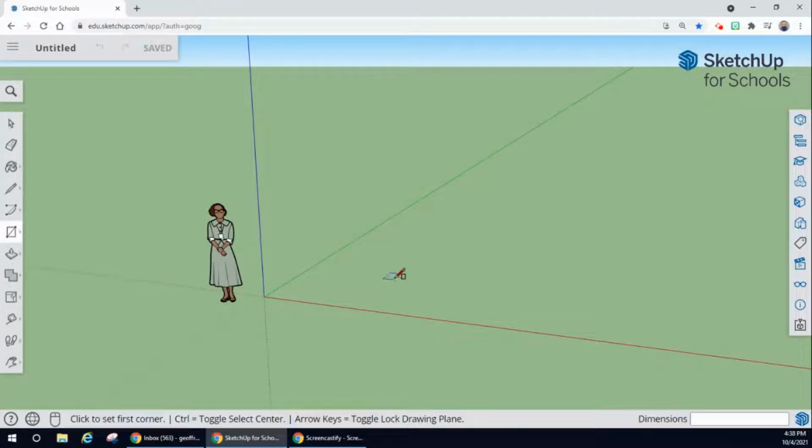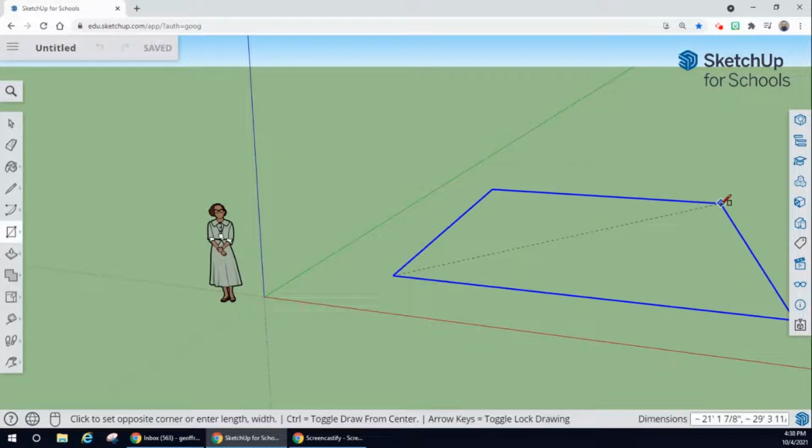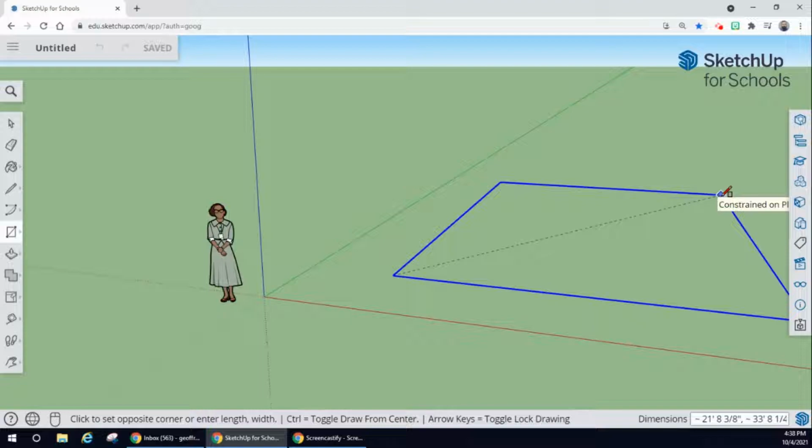Now you need to make sure that when we draw this rectangle, we're on the blue axis. If you want to get on different axes, if we hit the up arrow, we're on the blue axis. You can see how it's highlighted. If you hit the left arrow on your keyboard, we'd be on the green axis, and if we hit the right arrow, we'd be on the red axis. So we want to make sure we're on that blue axis, and we're going to draw a square. Now, when we draw this square, we're going to let go of our left mouse key, and we're going